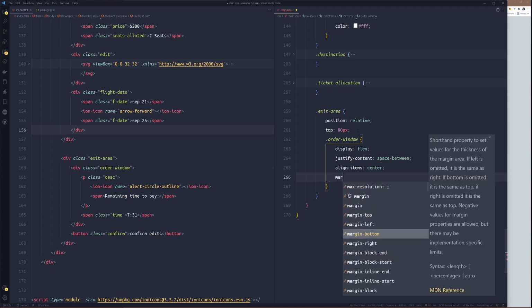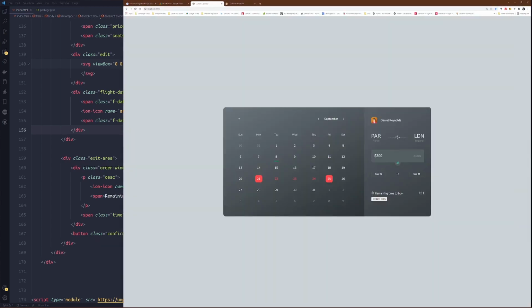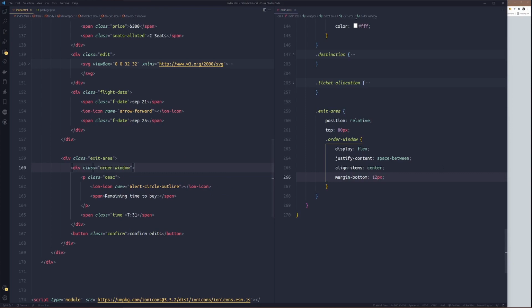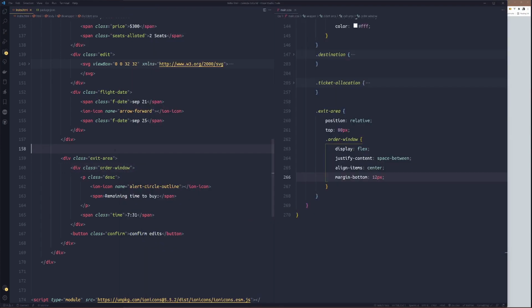Then we'll just set margin bottom to 12 pixel to space them out from the button. See? So we'll do exactly the same flex align items for this remaining time to buy and the alert icon here.